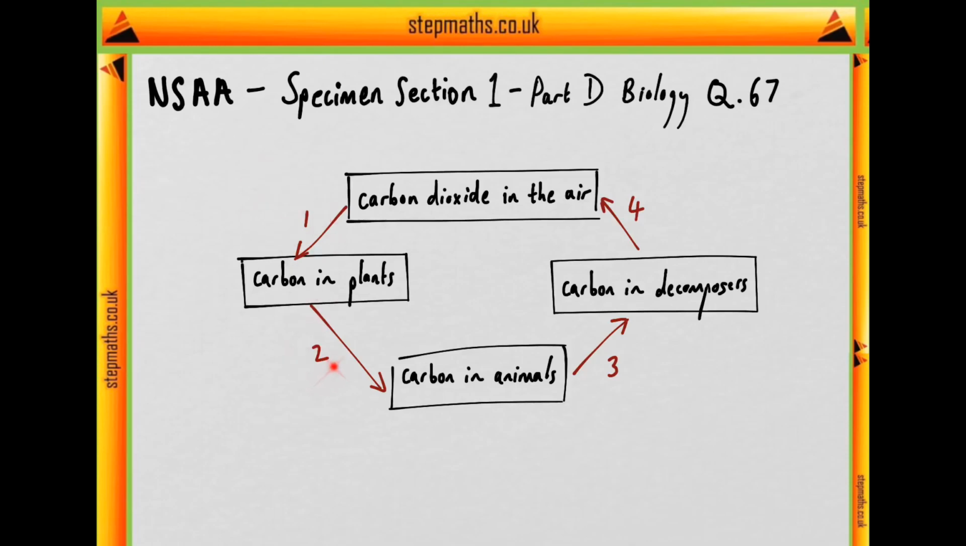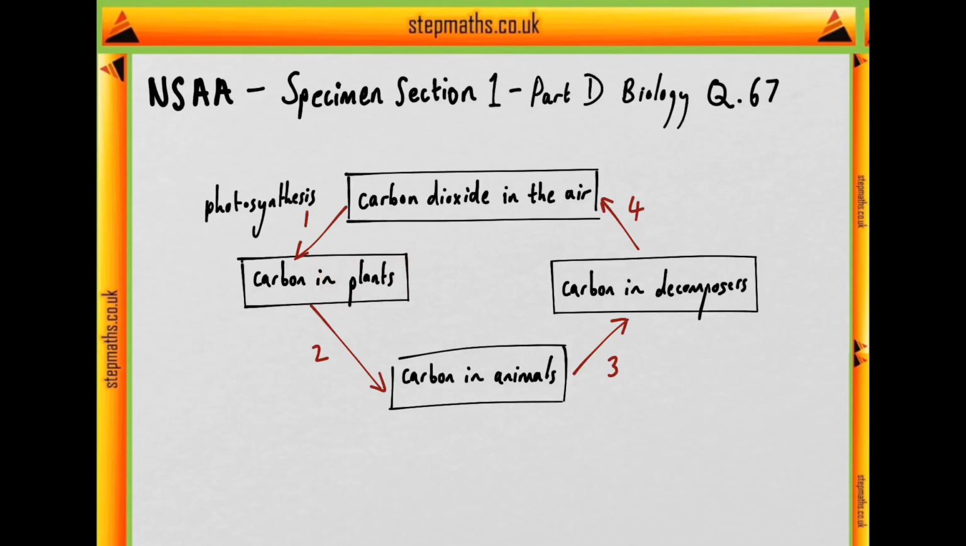We have a number of labelled processes in which we have to identify which of them contain or involve particular enzymes, but before we get to that, let's quickly identify what they are off our own accord. So we go from carbon dioxide in the air to carbon in plants. Well, that must involve photosynthesis. Photosynthesis involves carbon dioxide and water forming oxygen and glucose, and that glucose can be used to form basic carbohydrates